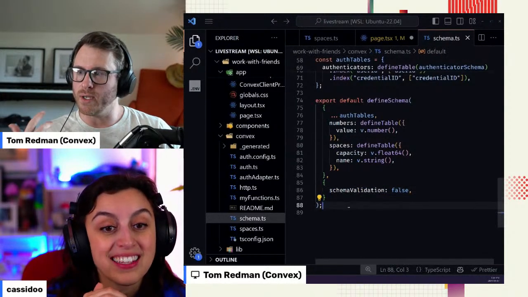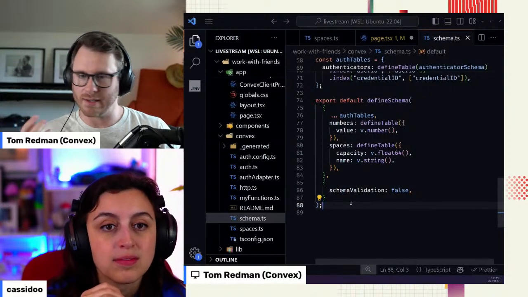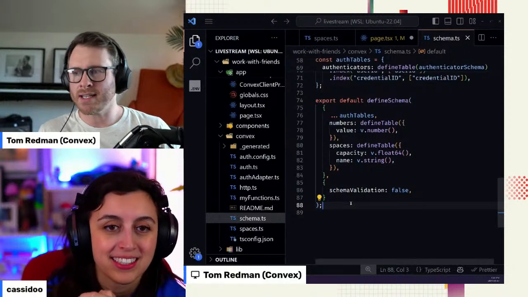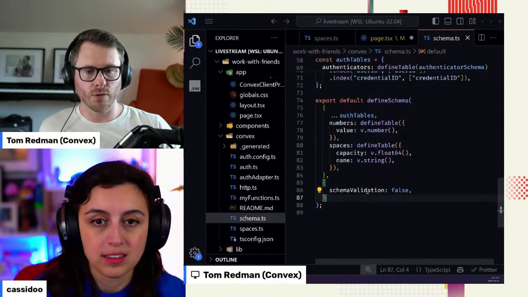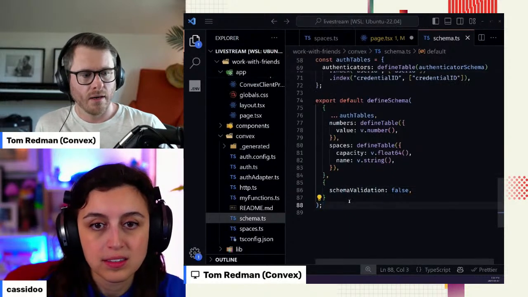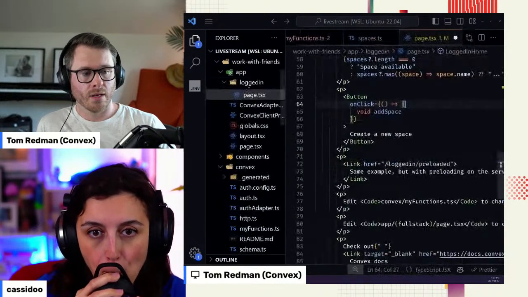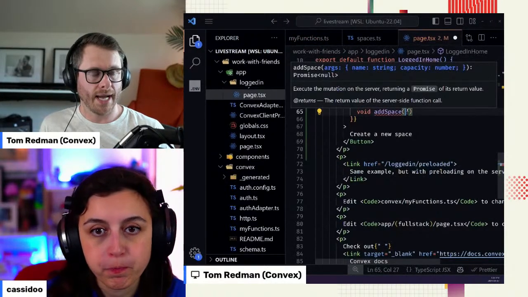which is nice. That's where you can develop in a schemaless flow. Stay on that flow, go with the flow. Schemaless, just generate it at the end, get rid of everything that you don't need anymore, like all the foos and bars. And so we have capacity and name. So let us add those things. So if we go add space,